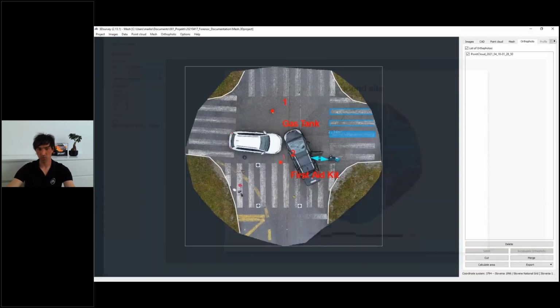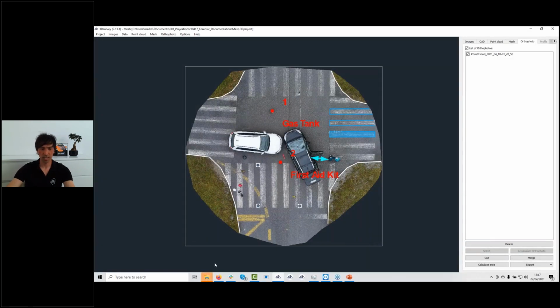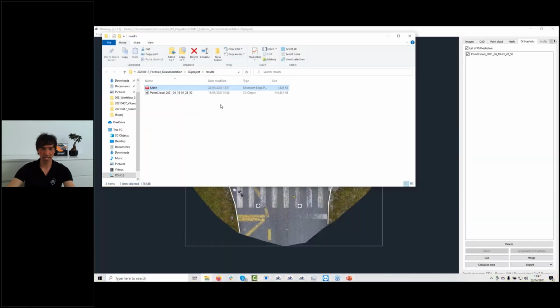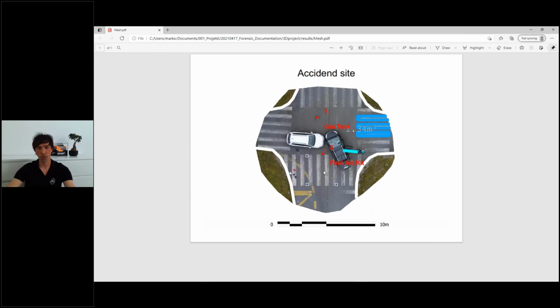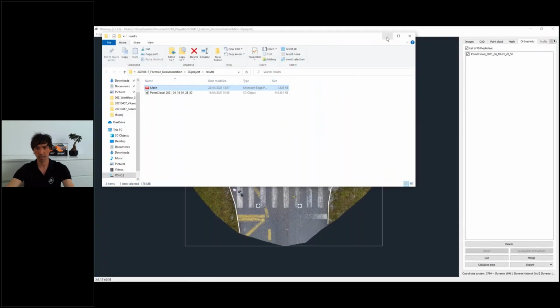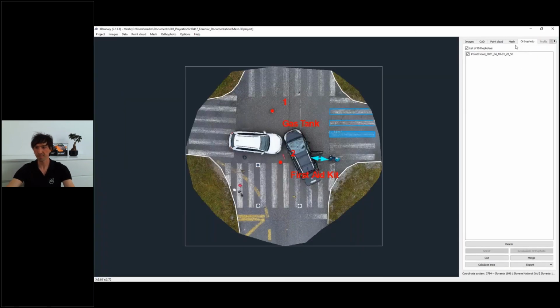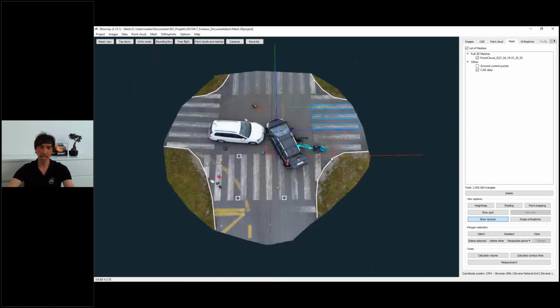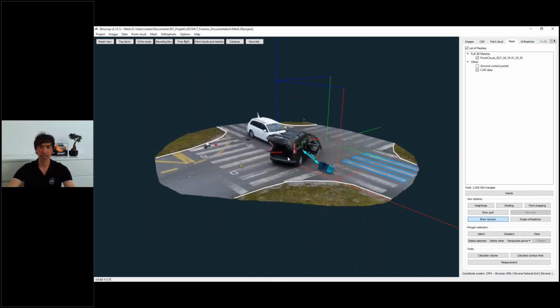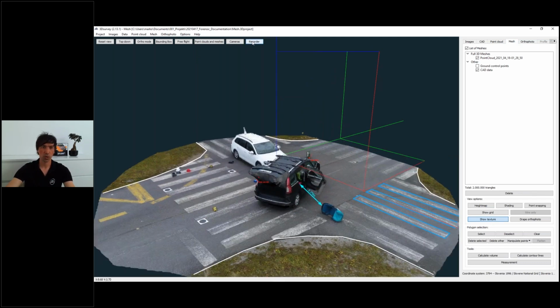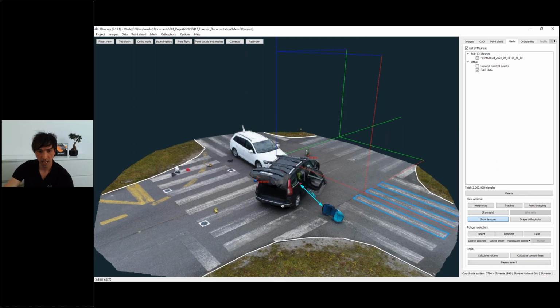Okay, so traditionally they've been doing this quick sketch with a pencil and paper. Now we have a sophisticated tool for doing that kind of measurement and exporting them, or printing them out, or sharing them in 3D. Okay, then the last thing I would like to show you here is actually our recorder function